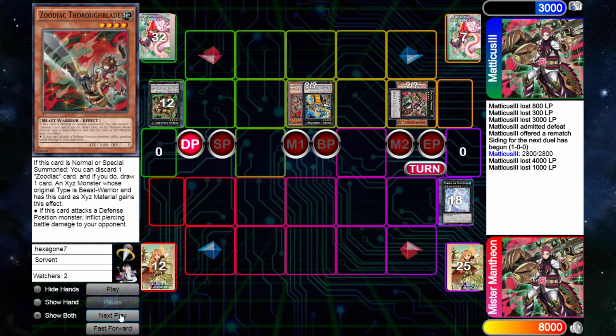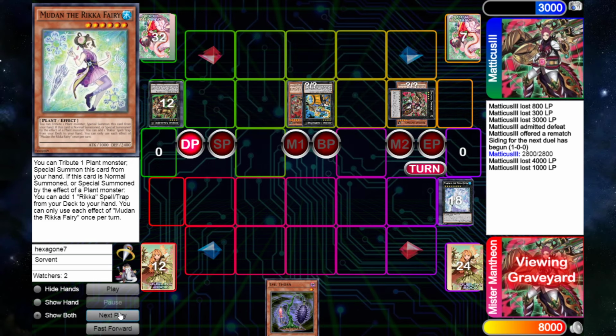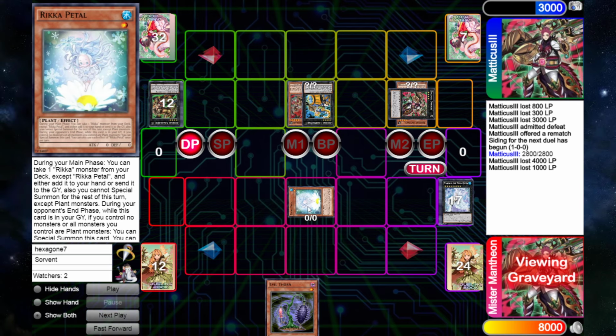So, no cards in hand, let's see what he can top deck. He top decks into a copy of Evil Thorn, and he has not used the Evil Thorn this duel. So, Rikka Petal is going to be activated in the end phase. He just pressed the button before he used the effect. So, yeah. In the standby phase, Trident is going to be activated here on the Petal,